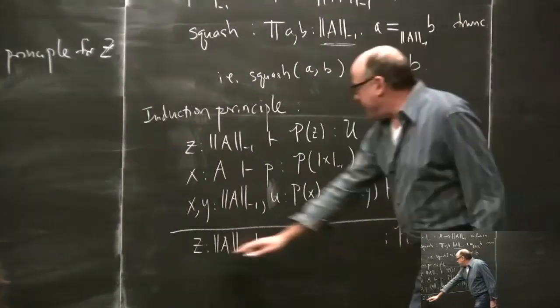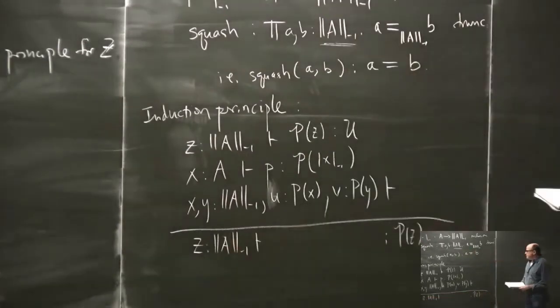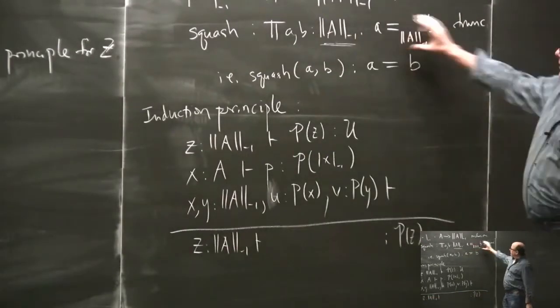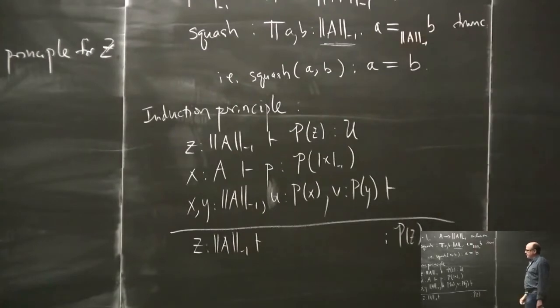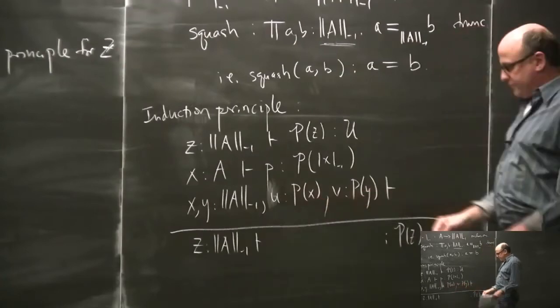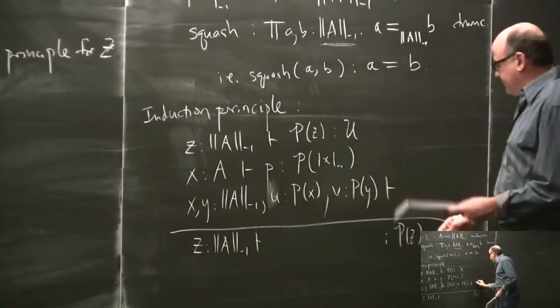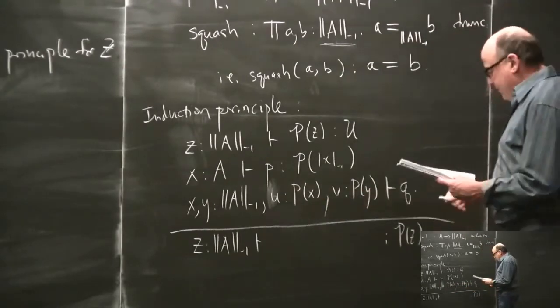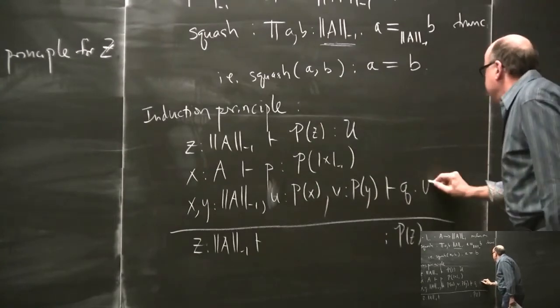So we're defining a map out of this guy, okay? So since there's an equation that's imposed here, then you certainly had better not have distinct proofs of P of x and P of y. So there should be some Q, which can be written as U is equal to V,